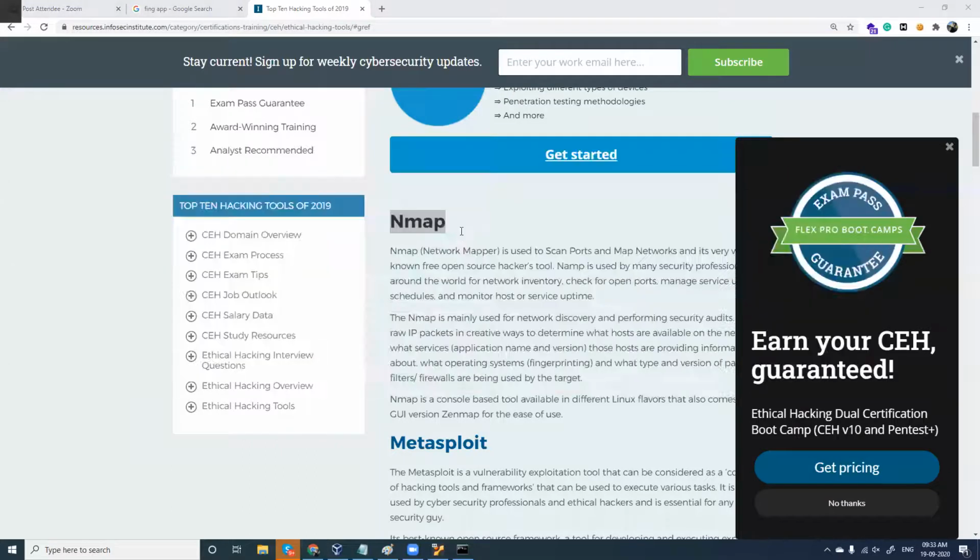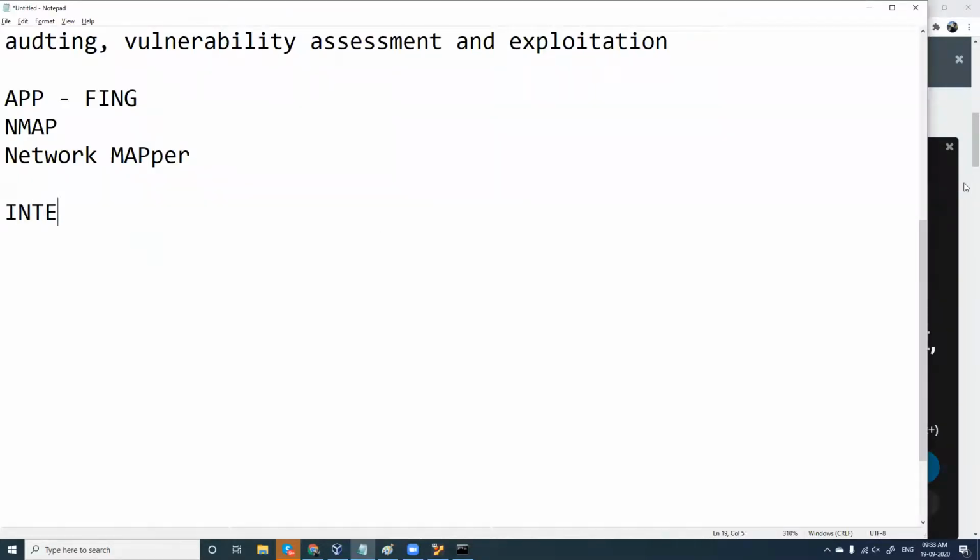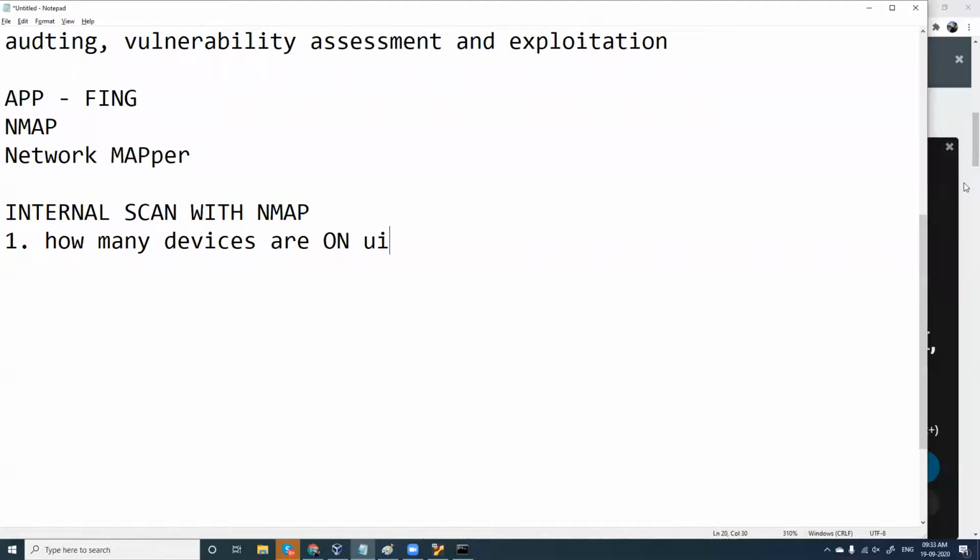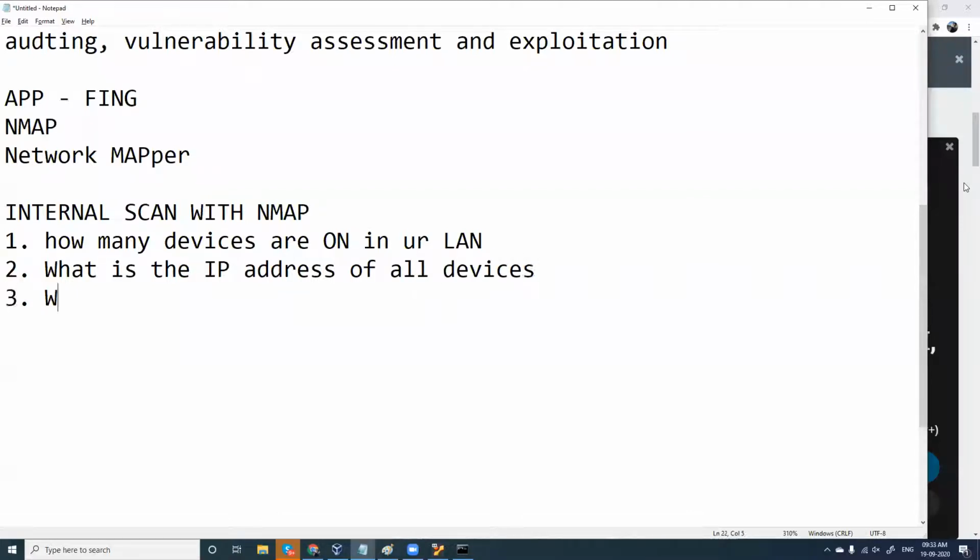So the first thing we'll do is perform an internal scan with Nmap. So you are going to find out how many devices are in your network, in your LAN. And then we'll see what the IP address of all devices is, and third, what the MAC address of all these devices is.